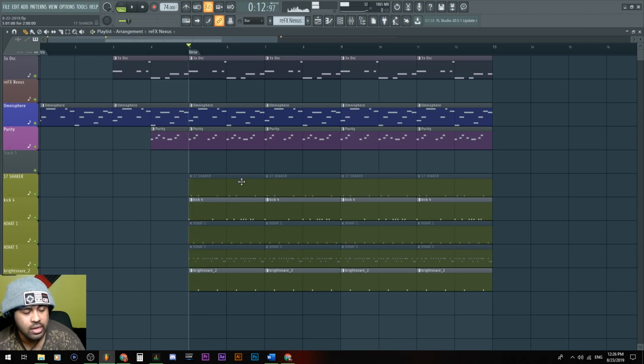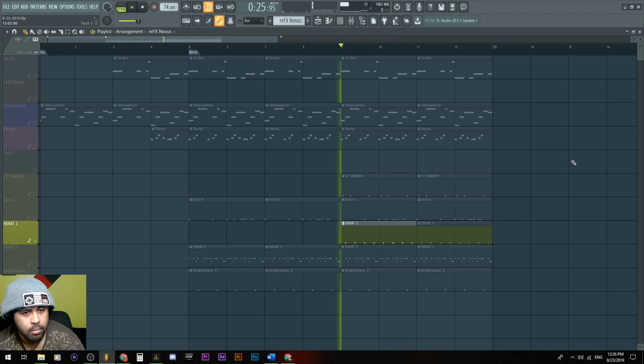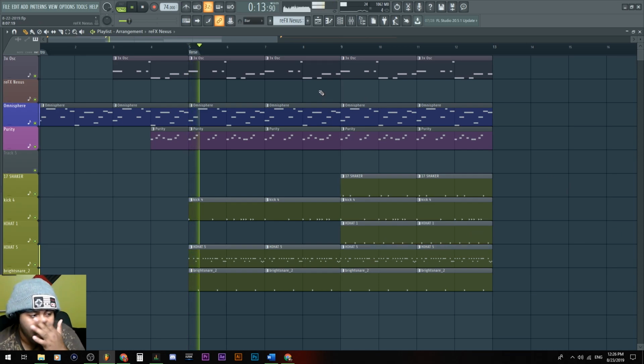So the shaker sounds like something you could add in afterwards. Same with this hi-hat sound. If I go ahead and go over here, it's like adding a layer to it. So maybe something like that.